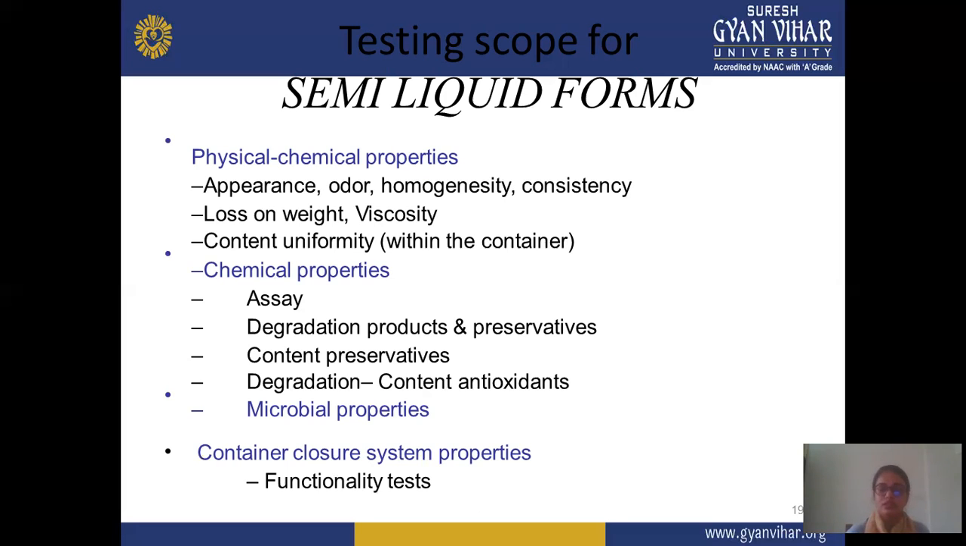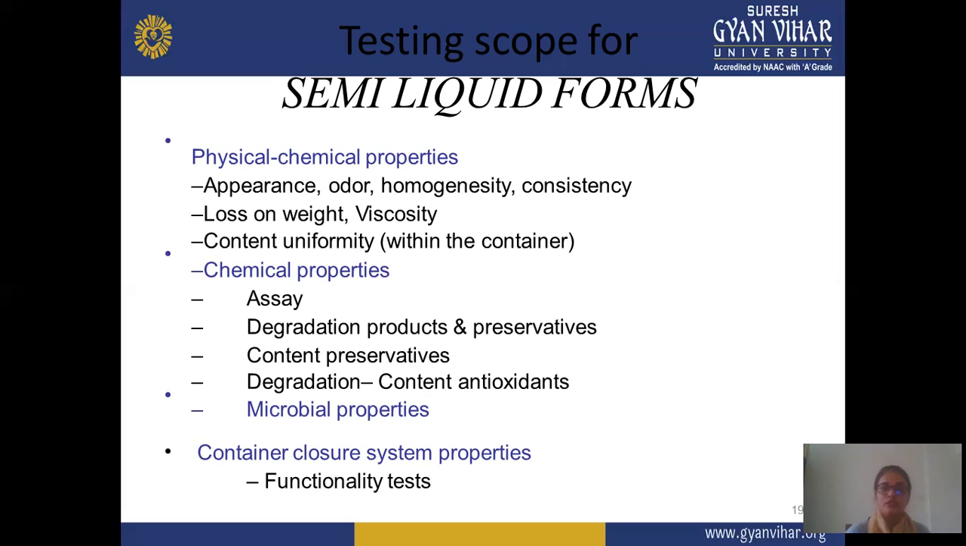Next is chemical property. In chemical property, assay is done to assure that the entire added amount of drug is present in your formulation. Next is degradation product and preservatives. Here you assure that the preservative does not degrade your formulation, or select a proper preservative if needed. Some type of content or excipient may react with the preservative. In this, check that preservative interactions do not take place. If you are using an antioxidant, then you assure that this particular antioxidant is good for your